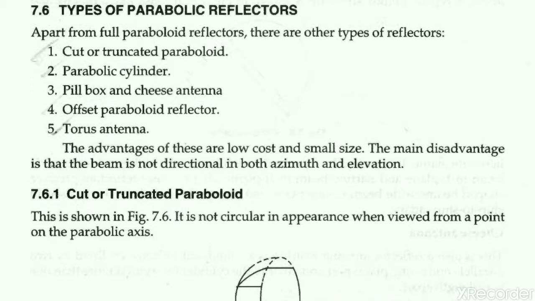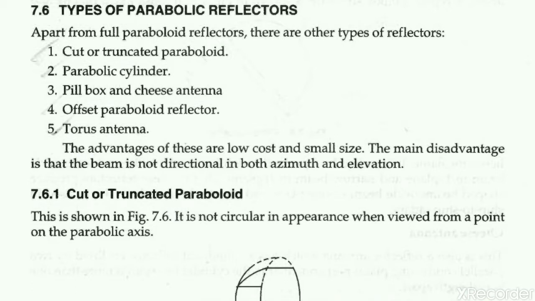So as we know, the waves which are coming from the feed antenna and about to be incident on the reflector plate have spherical wavefront nature, but those waves which are reflected from the reflector to the space have planar wavefront. So due to these planar waves, the parabolic reflector has good directivity as compared to other reflectors. These are widely used reflectors in communication, in radars and in astronomy.